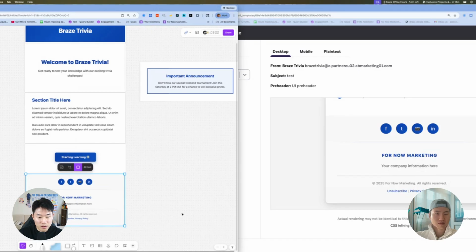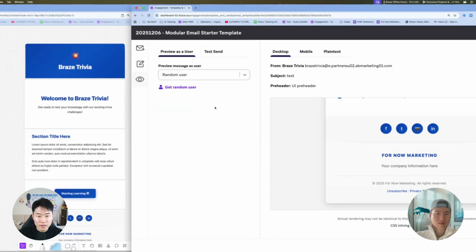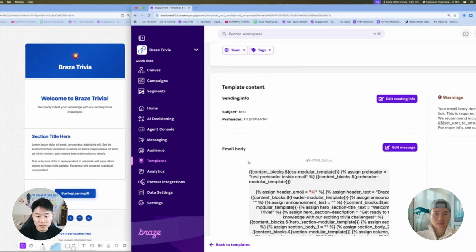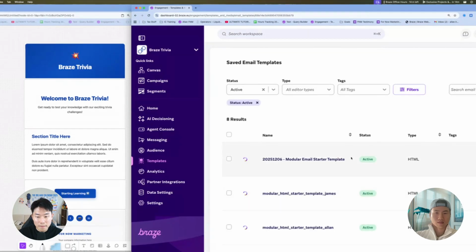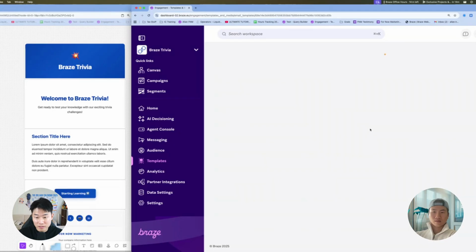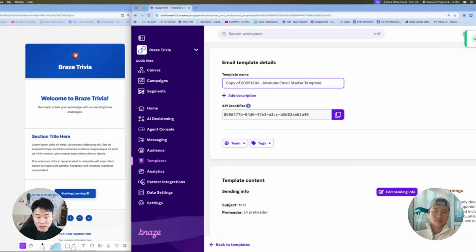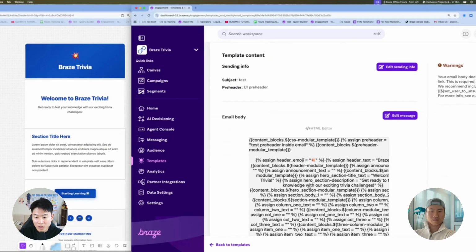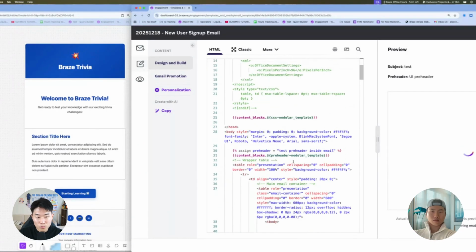Awesome. Okay, so then the idea is, wow, this is a very clean system. So I'm going to duplicate this, and then it's going to be 18 welcome email. I'll call it new user sign up email. And then this one we will only want